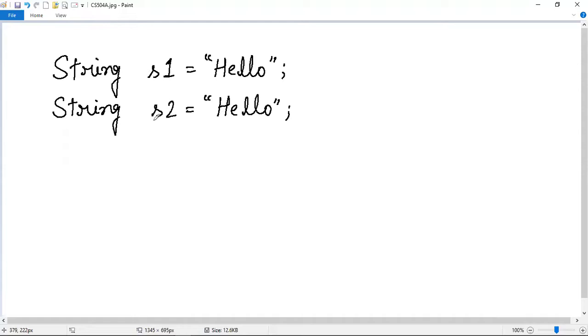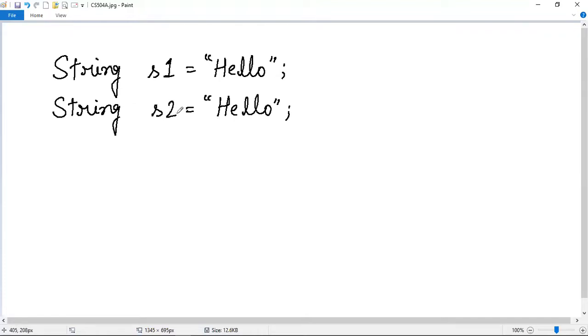Now, when this second statement is executed by the JVM, it will first check the string constant pool to know whether any string object with the same content is already there or not. Since a string with the value hello is already available in the string constant pool, the JVM will not create any new string object in the pool, and the address of the available object will be assigned to the reference variable S2 also.